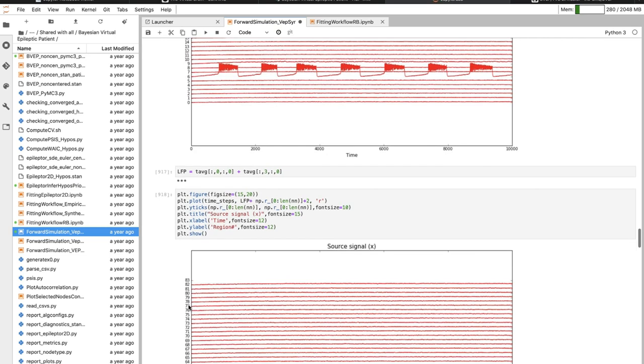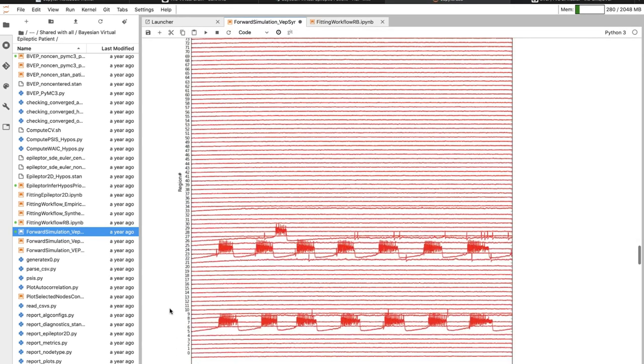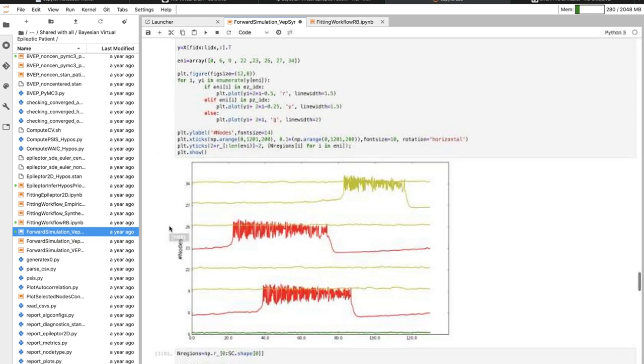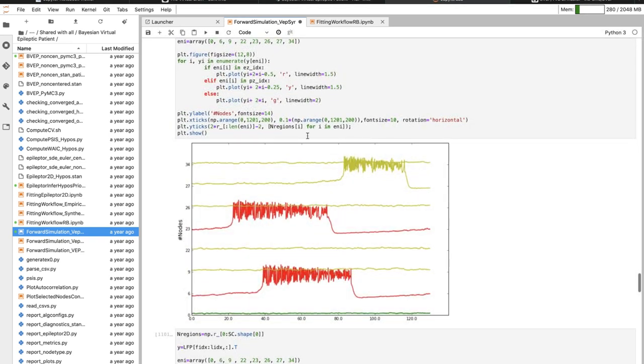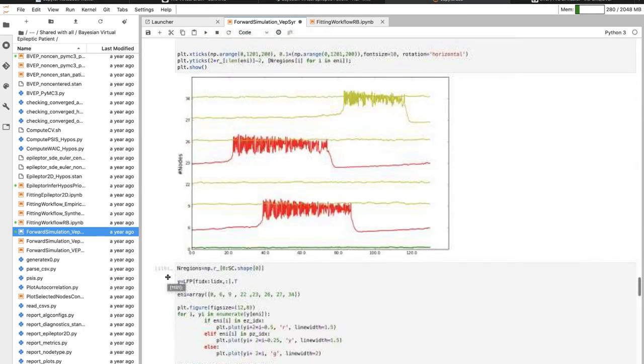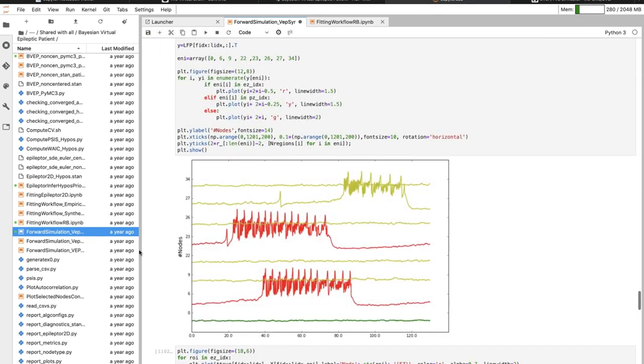For the LFP, the combination of population 1 and 2, you now see the spikes. So you have the interictal spikes and the spike-wave events. Here is a zoom of this network, showing only X1 or the combination X1, X2, so the LFP.